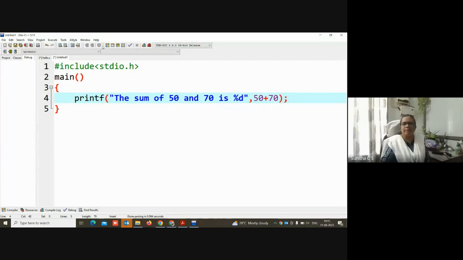This is my program. I'm writing printf sum of 50 and 70 is, and I'm not writing 120 because I need not calculate it. I want the C program to calculate it. So the calculated result is substituted for this %d, and the value to be calculated is given over here.